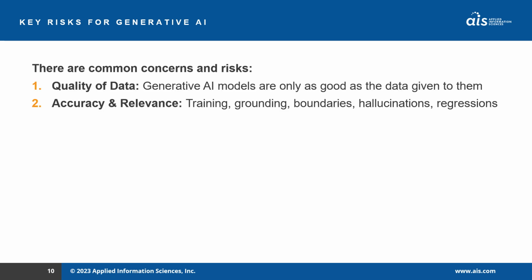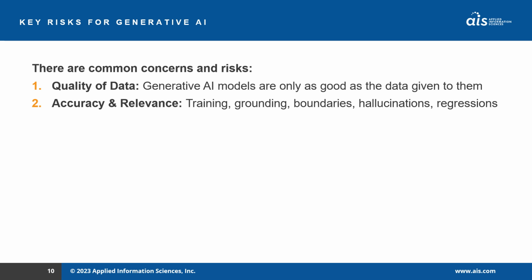The first category is in the area of data. These generative AI models really are built around the data that is given to them, and their operation is really dictated by how they were trained, not only from a foundational standpoint, but also when you're using these generative AI models in the context of your data. How you are grounding them, or actually training them, is really a function of the quality of the data that you give to them. So it's very important that you have governance and controls and practices around making sure that the quality of the data that you bring to these generative AI models is high quality and is complete.